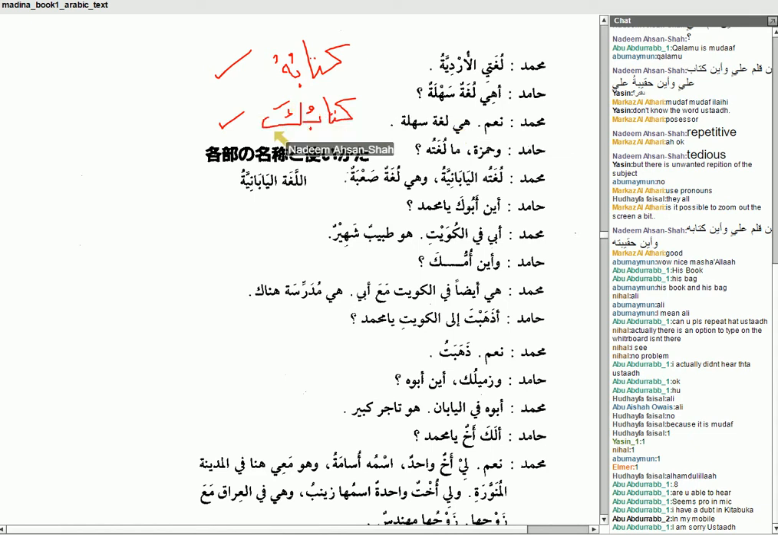But just in very simple terms, I want to tell you that the kaf is a pronoun, a damir, and it refers to your book, kitabuka. Okay, now let's talk about